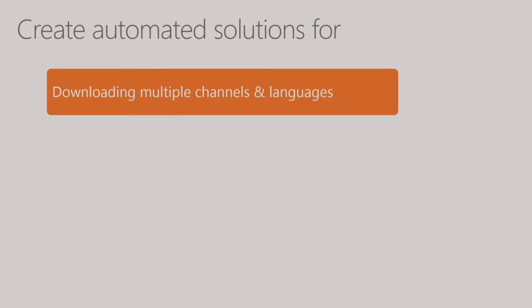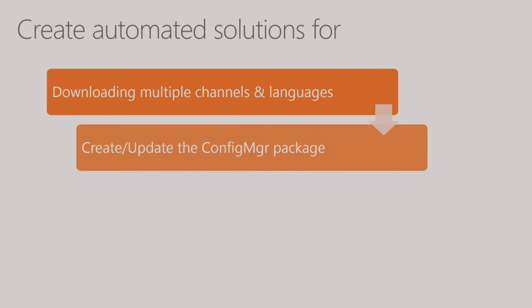This can be easily automated to download all the stuff that I need into my environment, onto an on-premises location. We have a set of scripts which then can import all this into Configuration Manager, create the necessary packages, or update the packages. So initial creation month 1, going on from there, we can just update the package with the